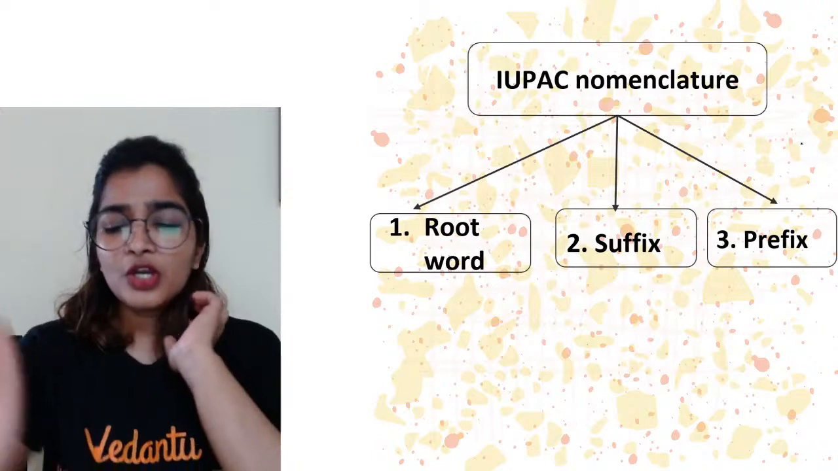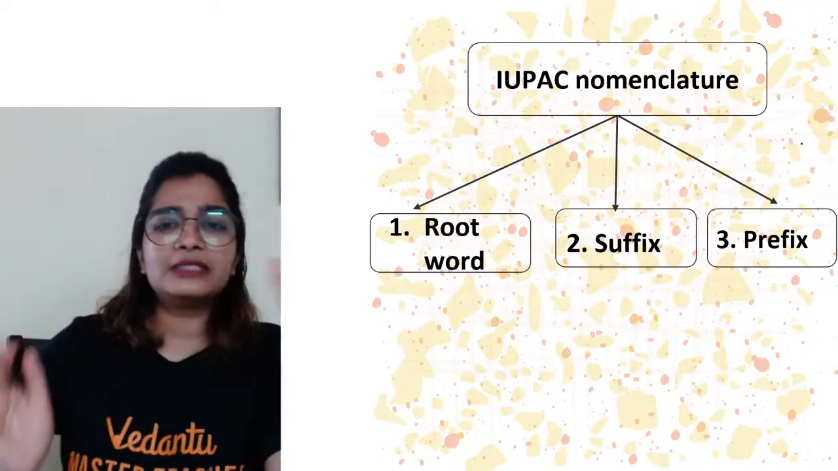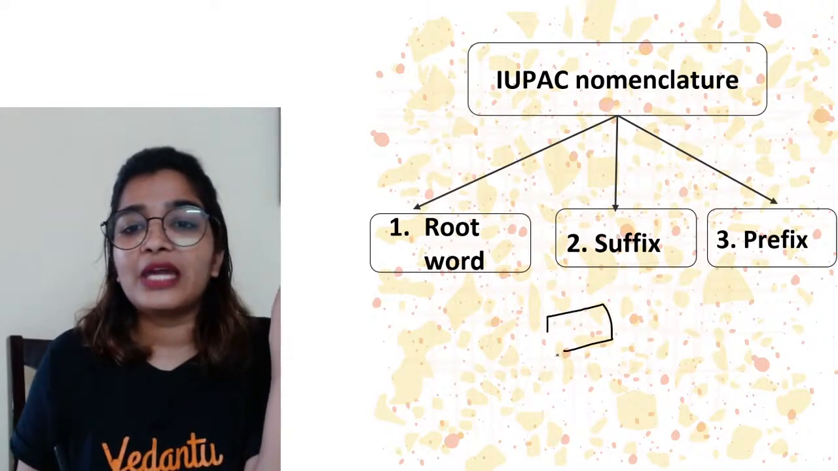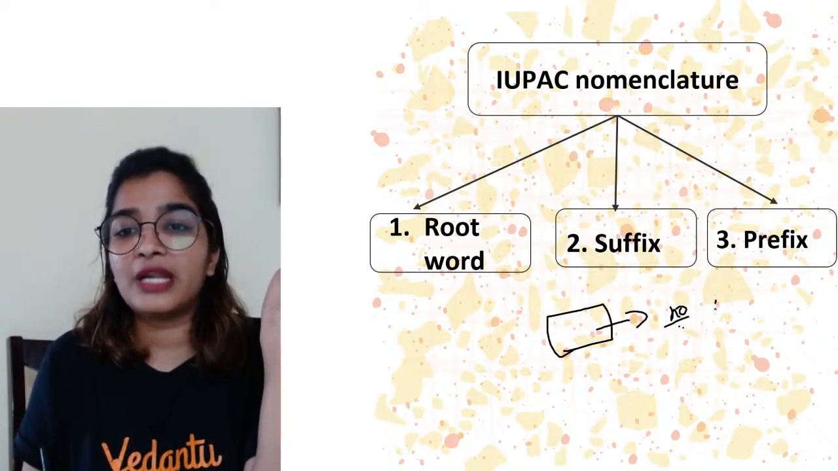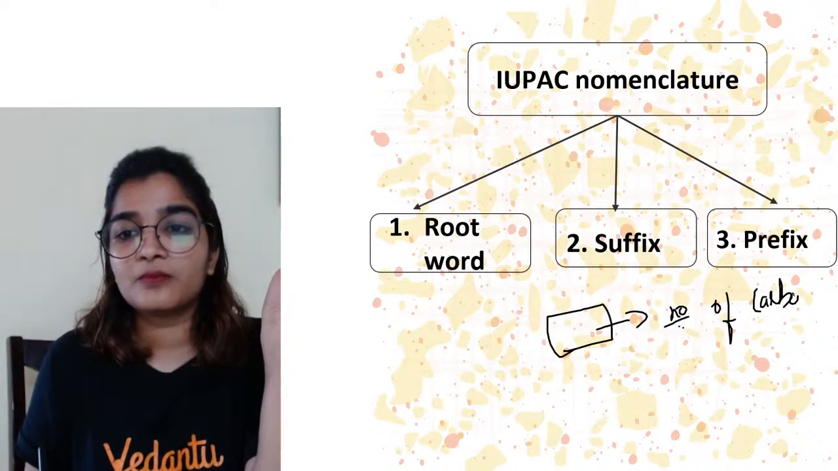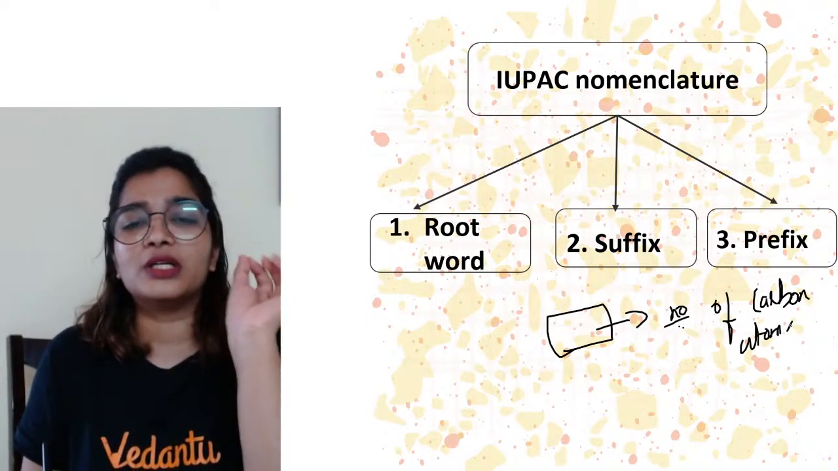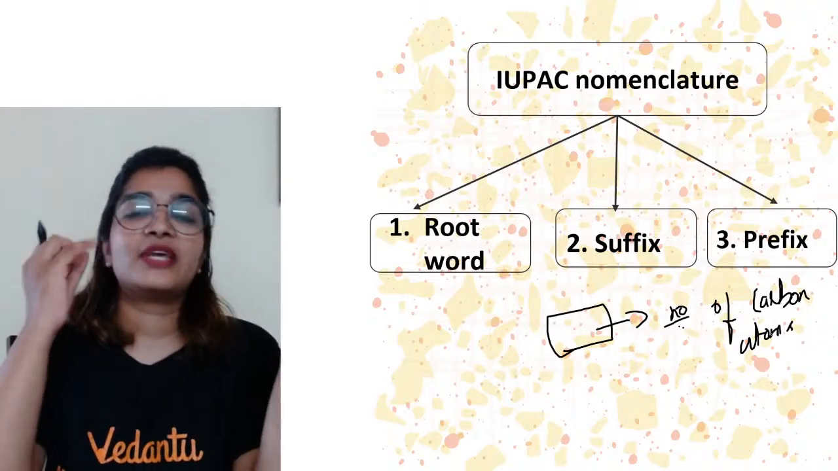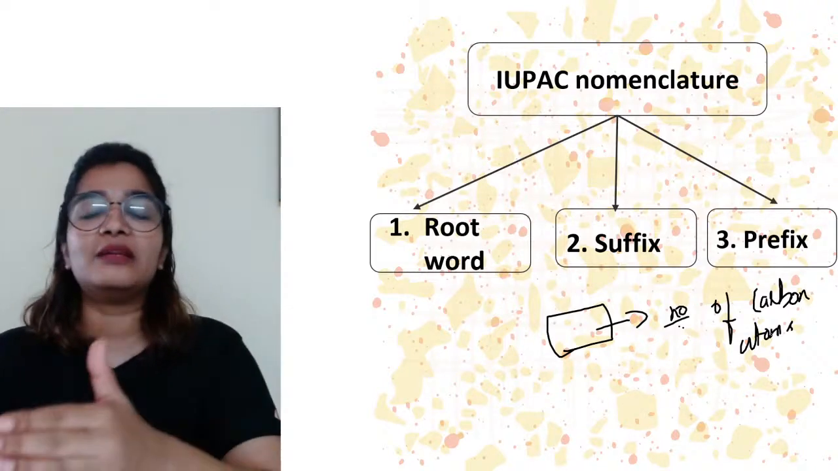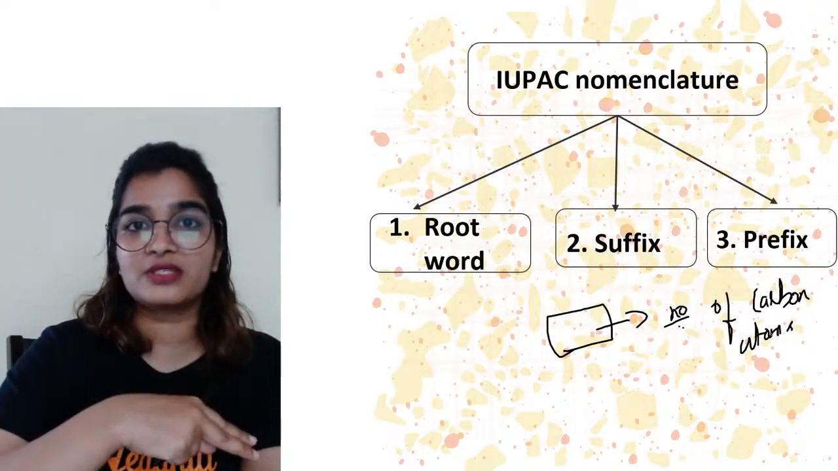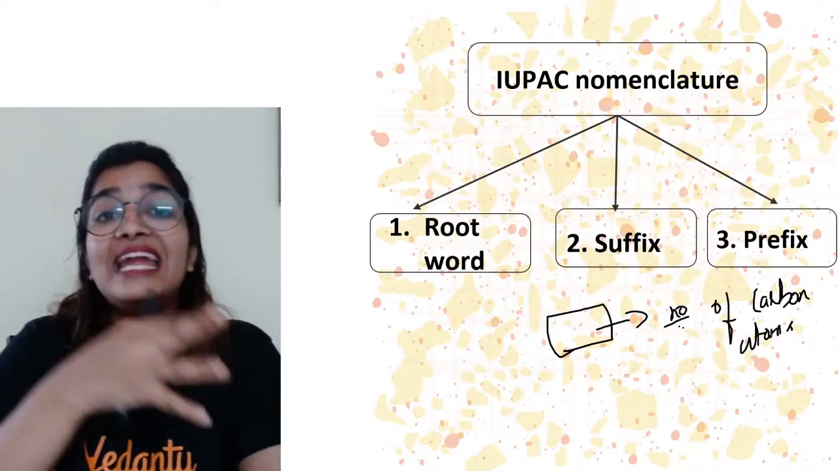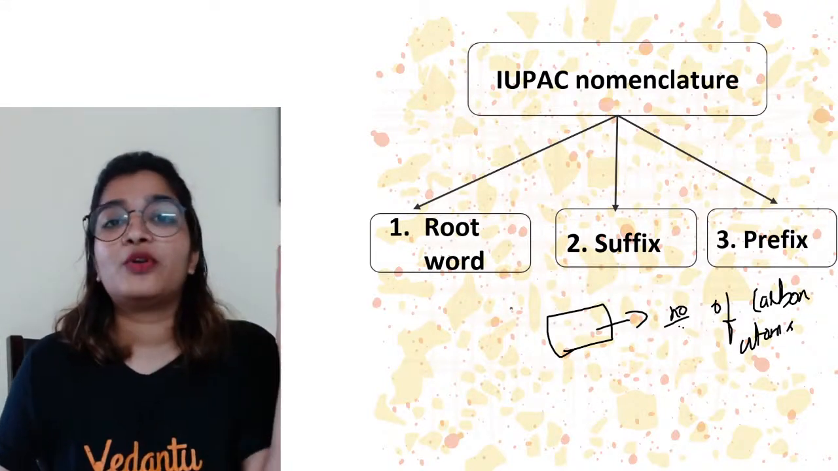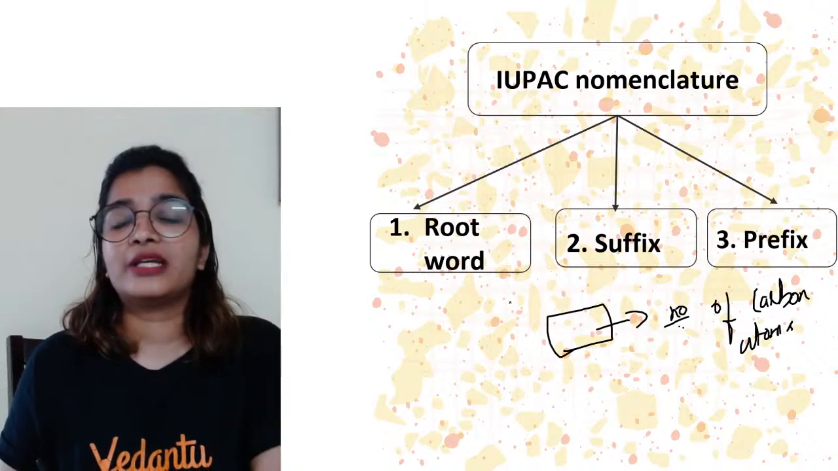Okay. So in IUPAC nomenclature, it's very simple. You will have 3 things. One will be the root word. That will tell you about the number of carbon atoms. That is meth, eth, prop, but, pent, hex, hept. Right? Ethane means what? It has 2 carbon atoms. Octane means what? It has 8 carbon atoms. So always the root word will tell you about the number of carbon atoms present in the longest carbon chain